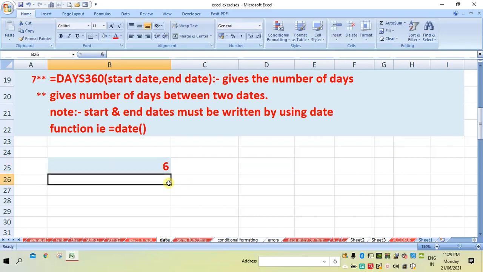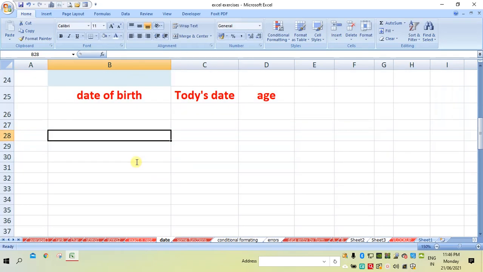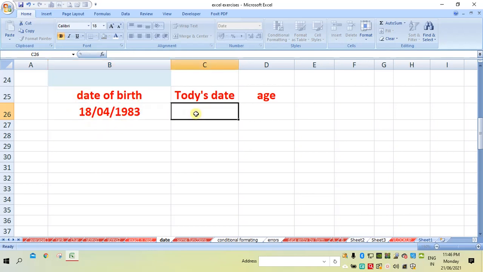So this way the DAYS360 function is used. Now let us use the DAYS360 function to find the age. Suppose the date of birth of a person is 18/4/1983, and let us find his age as on today.